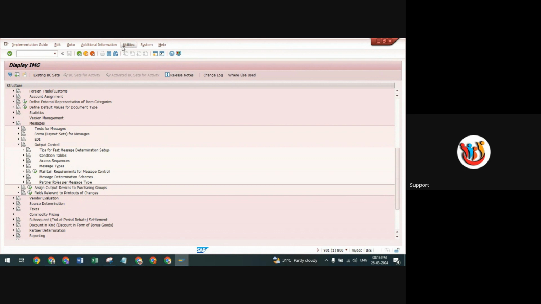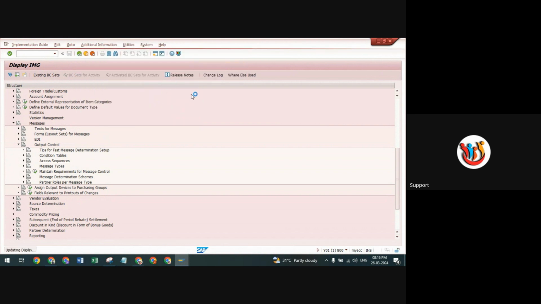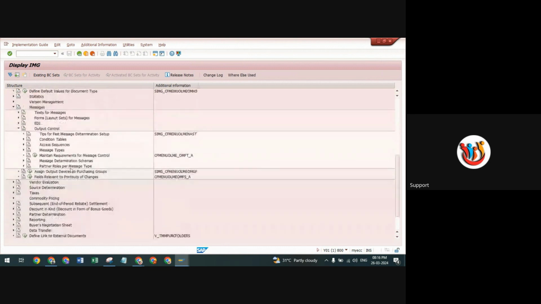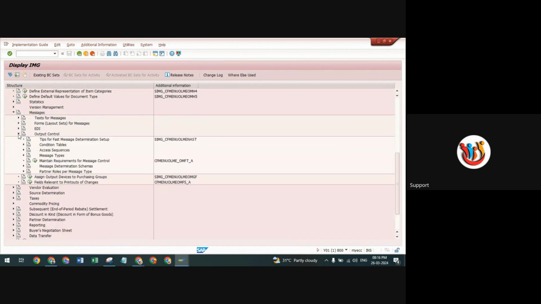If you want to check the T codes for that, go to IMG activity. Already you know how to take the list of the T codes for everything. Here you can see the T codes, and output control is now to be managed here. Click on the output control. So NAST, or NACE, it is the